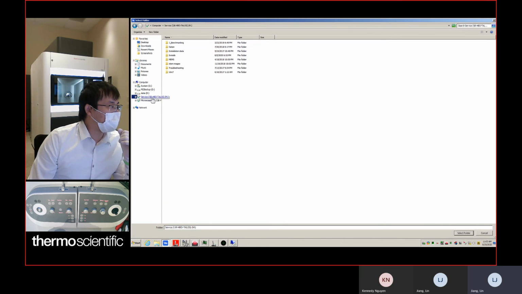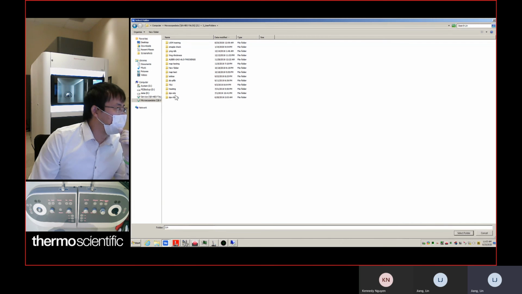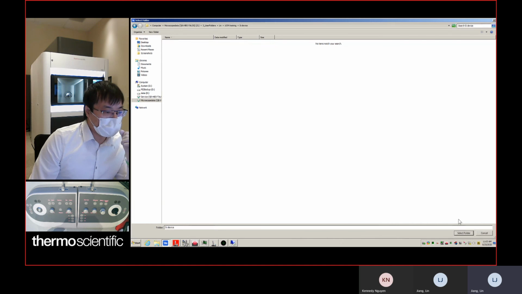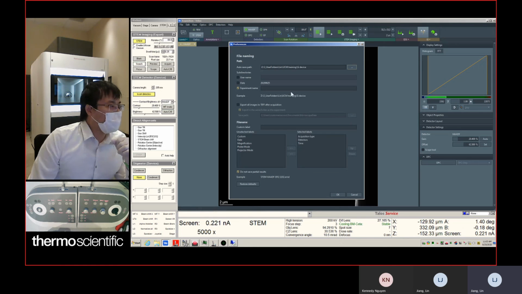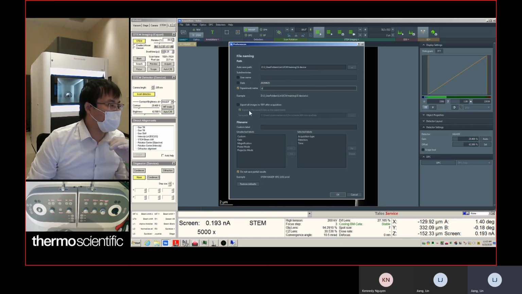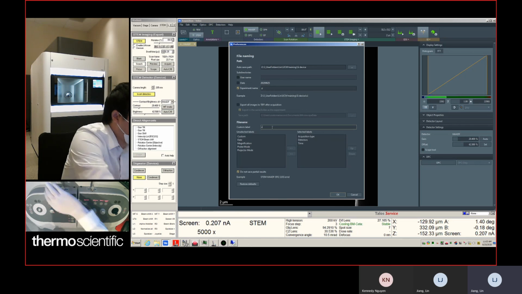My configurator, the server, this folder, name, Merced device, select the folder. Okay, and you can define the experiment name, or just say silicon, and you can name the label, camera lens